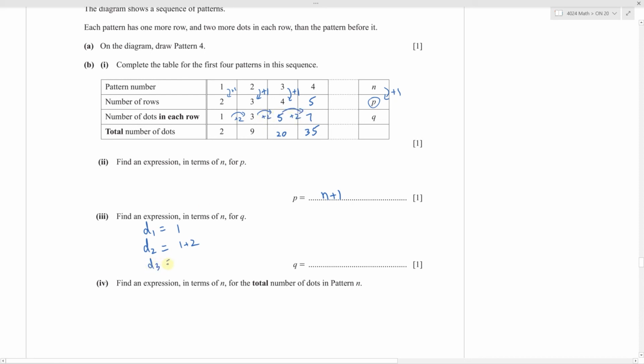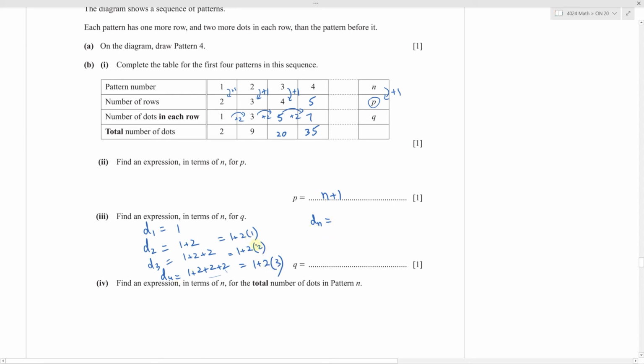So in d3, in pattern number 3, the number of dots in each row is 5, which is 1 plus 2 plus 2. So this is 1 plus 2 times 1, 1 plus 2 times 2, and d4 is 1 plus 2 plus 2 plus 2, which is 1 plus 2 times 3. So you have 3 2's here. So 1 plus 2 times 3. So for nth row, you will have